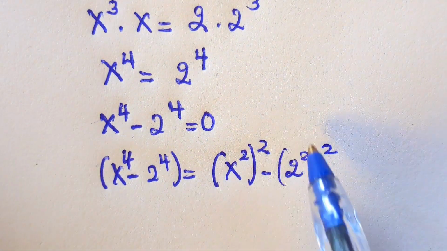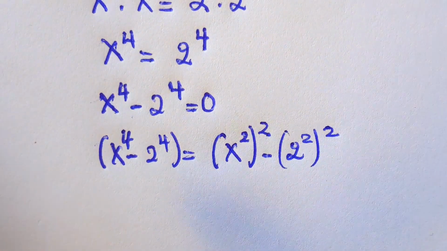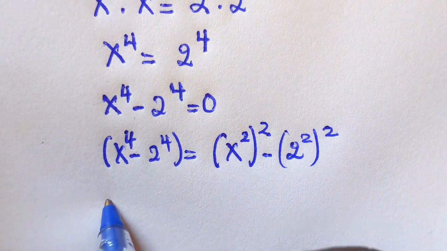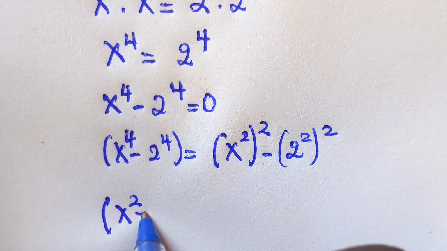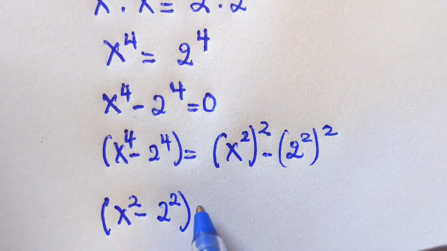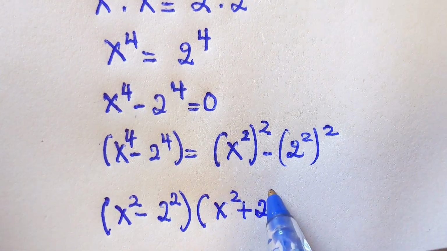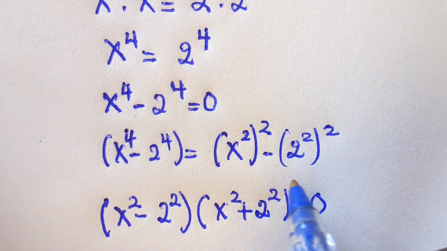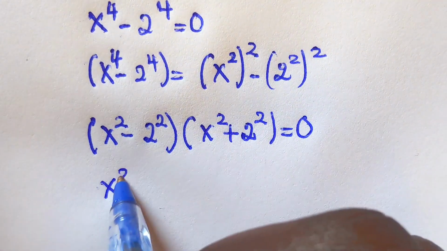It seems that it has been transformed into a difference of two squares. So we have to deal with this: (x squared minus 2 squared)(x squared plus 2 squared) equals 0. And of course we shall write this as x squared minus 4,